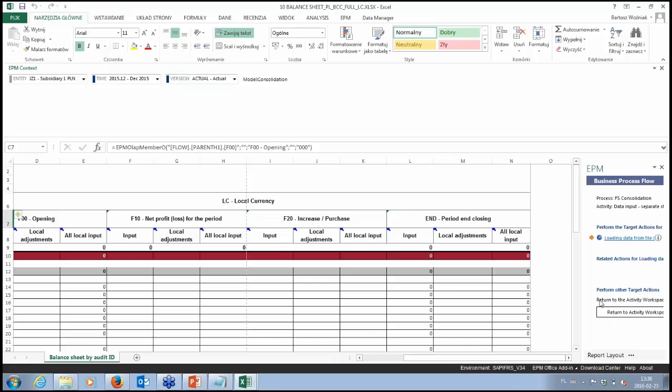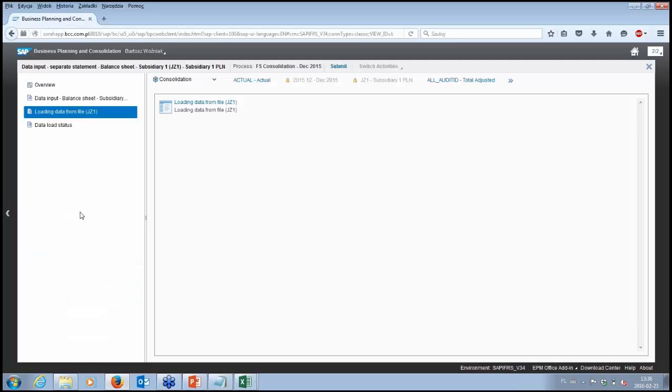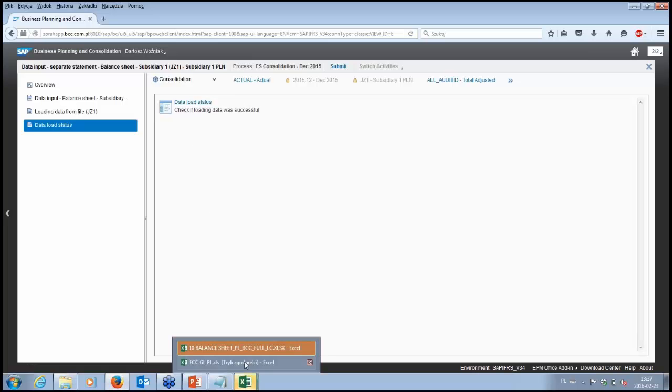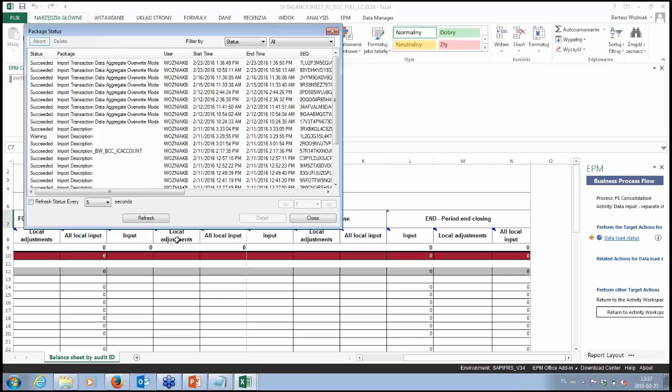To keep the maintenance as simple as possible, we also added another task to have an overview of the data loading status. So you can simply click and see if the data was loaded successfully. Yeah, time is correct.